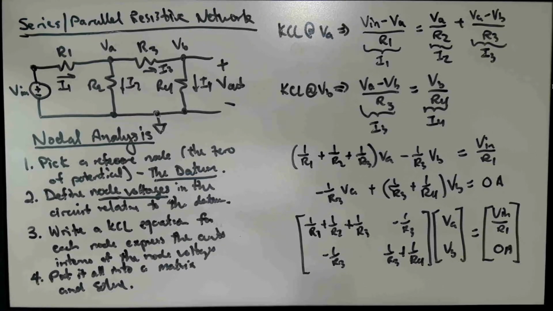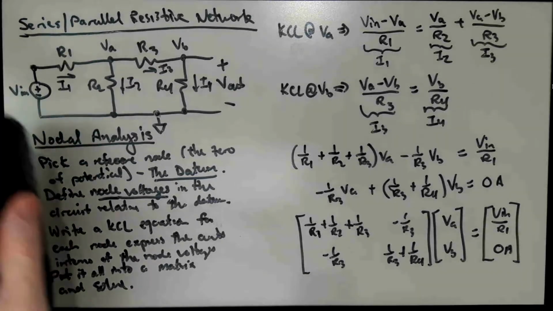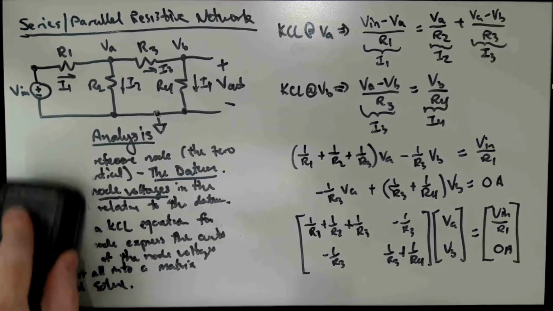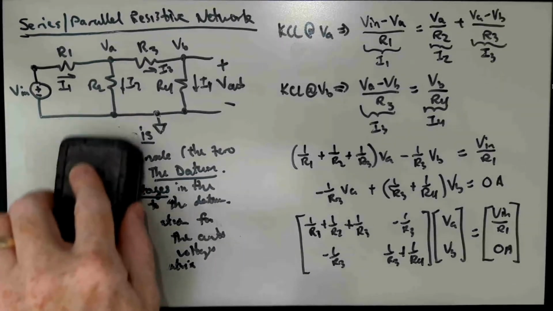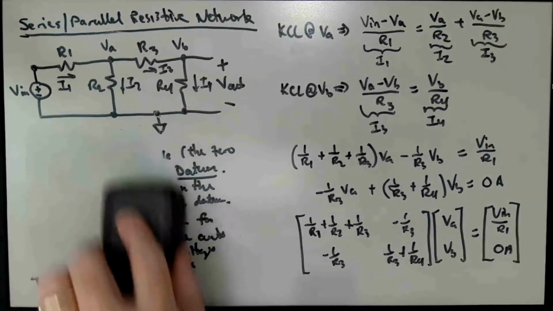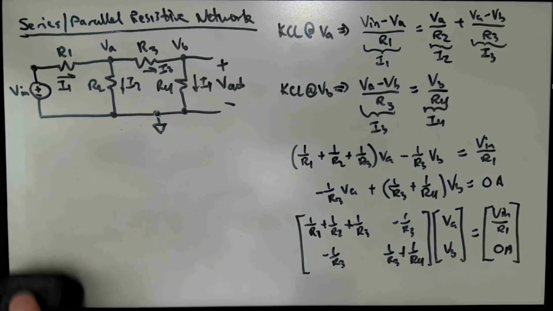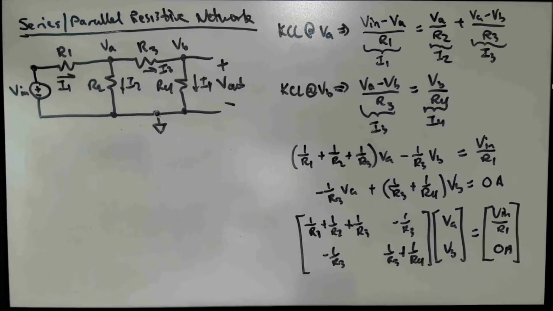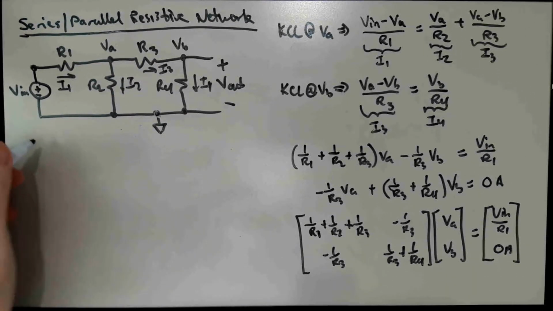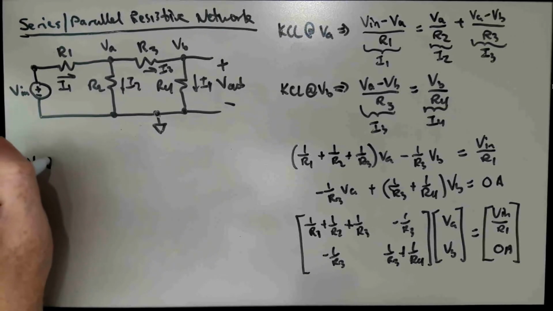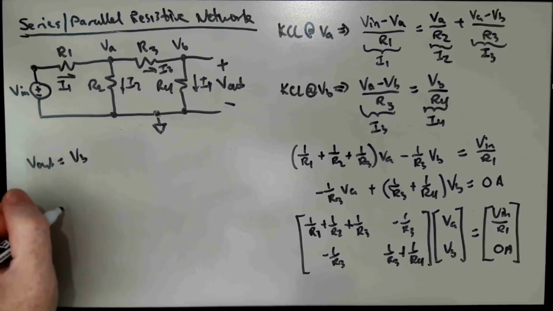You can use whatever solution method you find expedient, Gaussian elimination, Gauss-Jordan elimination. In this case, since we're interested in just solving for VB, we could use something called Cramer's rule, which you may not have ever heard of before. But Cramer's rule is a way of writing down the solution for one variable in a matrix system like this in terms of a ratio of determinants, and V out is just VB, and that would be given by